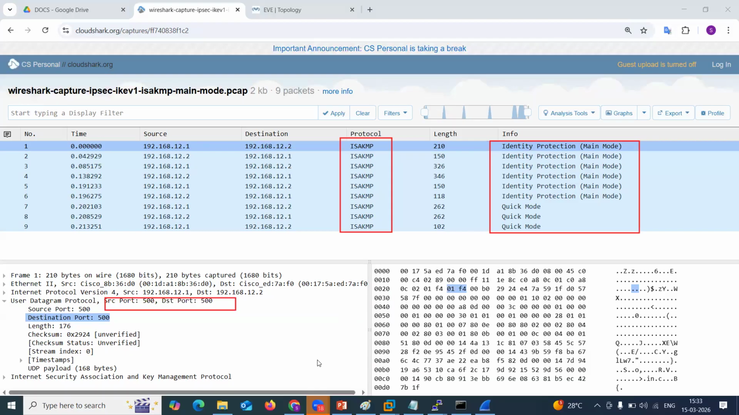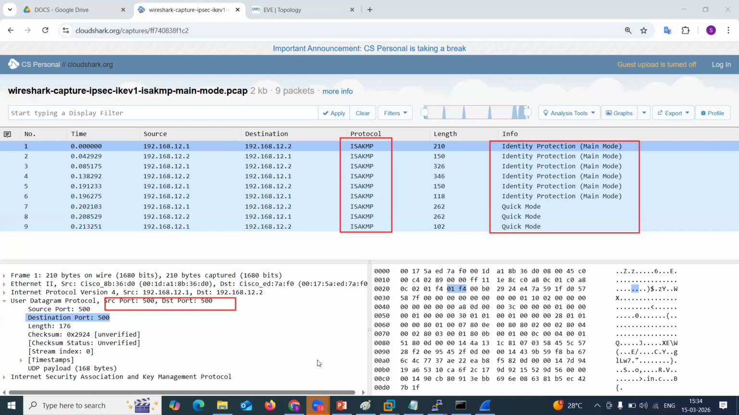My question is regarding the capture of IPsec IKE version 1. When I saw the protocol carrying the message here for main mode or quick mode, I have just ISAKMP. Why? Because it is